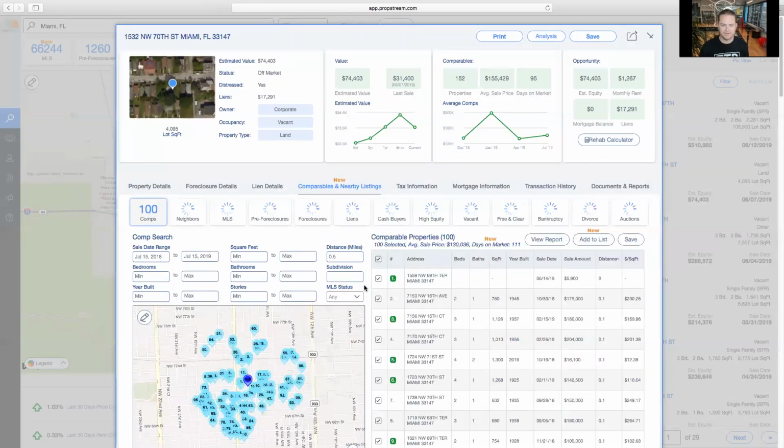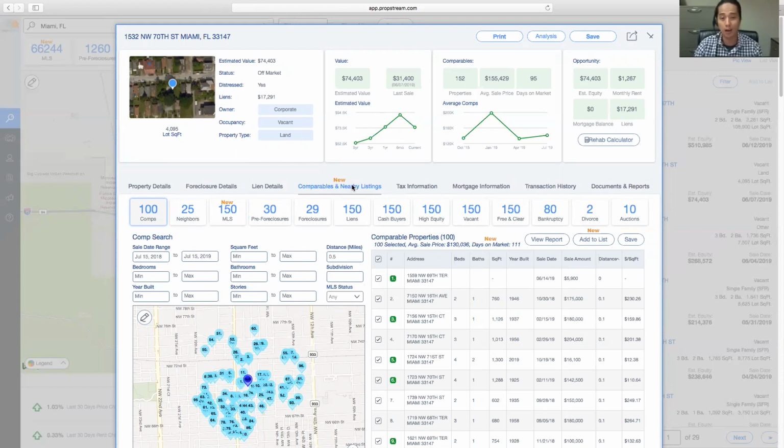Yeah, I'm a very skeptical person. I love technology, don't get me wrong, but when you're dealing with real estate, you have to have the evidence. If you're going to start telling people this is the ARV, you better justify that using listings. And so in every property, you get this comparables and nearby listings section,